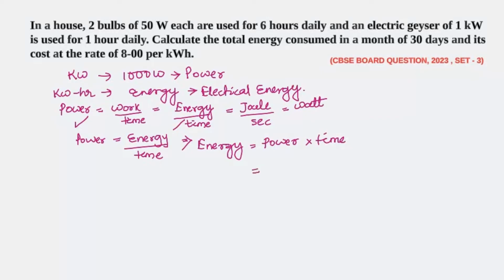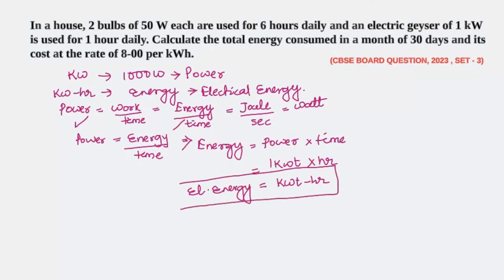Now when we use power for commercial units, we require to represent it in a larger unit, because the total power consumed in the house will be represented by kilowatt and not in watt. So power we represent using kilowatt. And time also we cannot express in seconds because that will be a large value, so we represent it with hour. So energy is kilowatt hour. So here what energy are we talking about? We are talking about electrical energy. Okay, so now I hope you are clear.